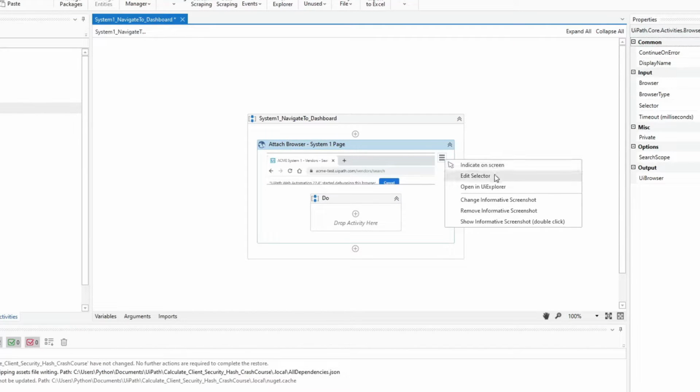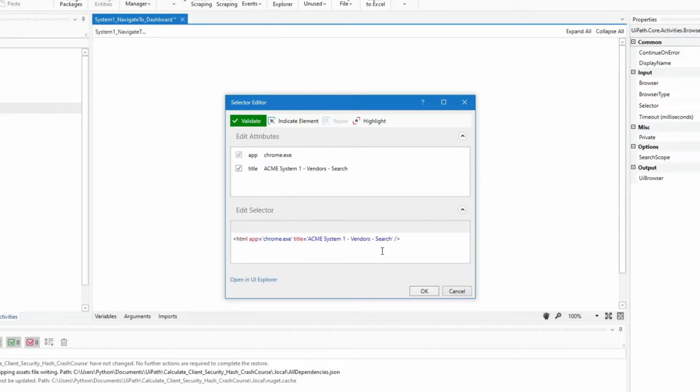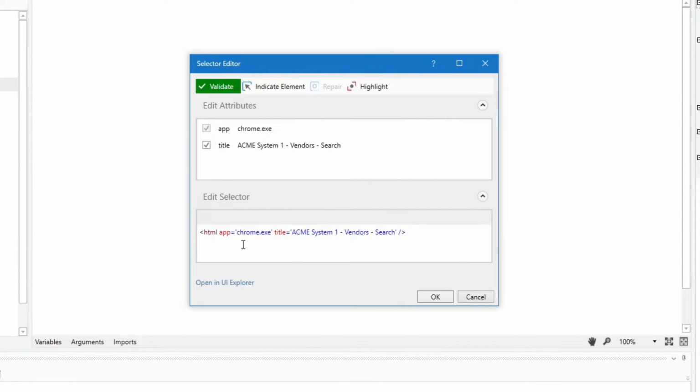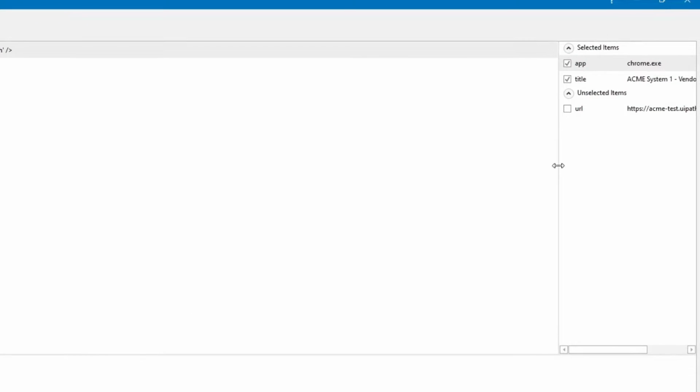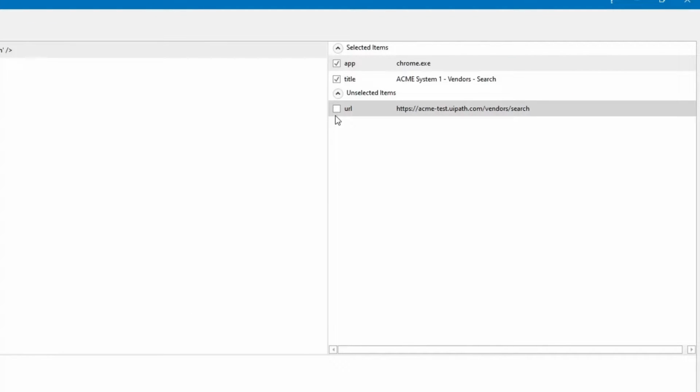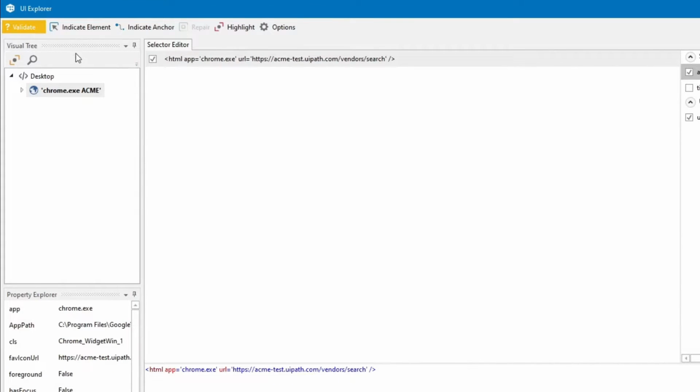Then let's validate the selector, click Edit Selector, and we cannot use a static title attribute for the selector because if we navigate to a different System1 page, the selector will no longer be valid. So let's click Open UI Explorer to check for additional attribute that we can use. So here the only available option is the URL, and remember that we have in argument in this workflow which is the system1 URL. So we will select this one and then uncheck the title. Now let's hit validate,